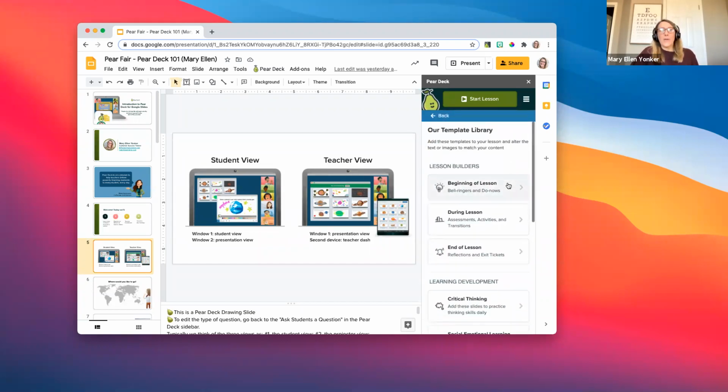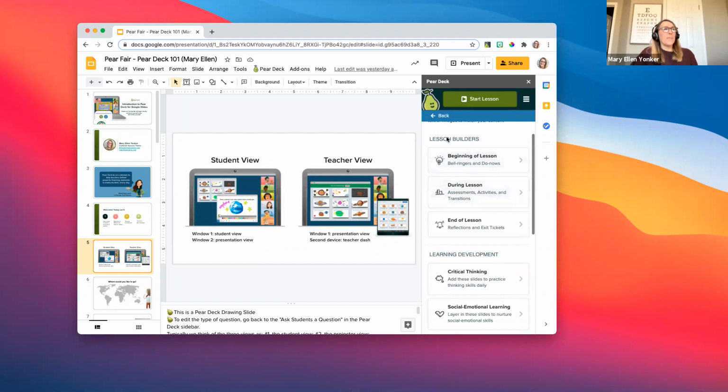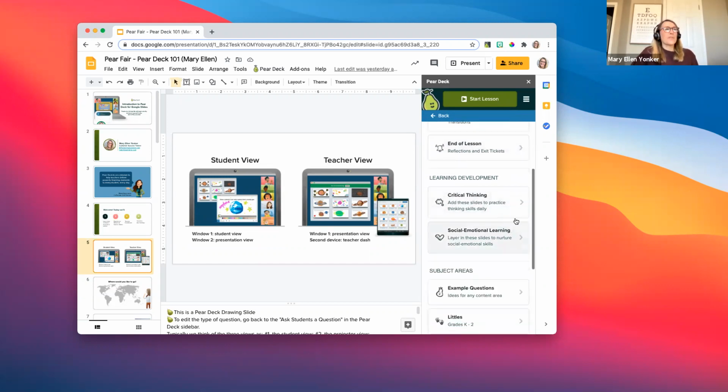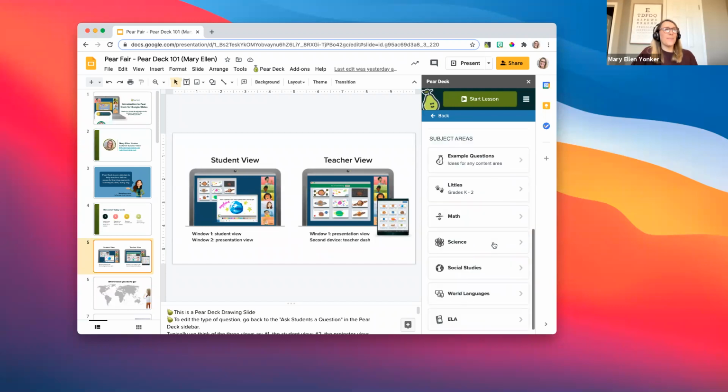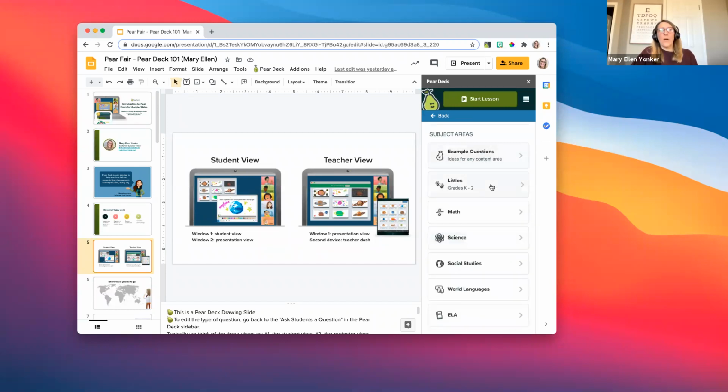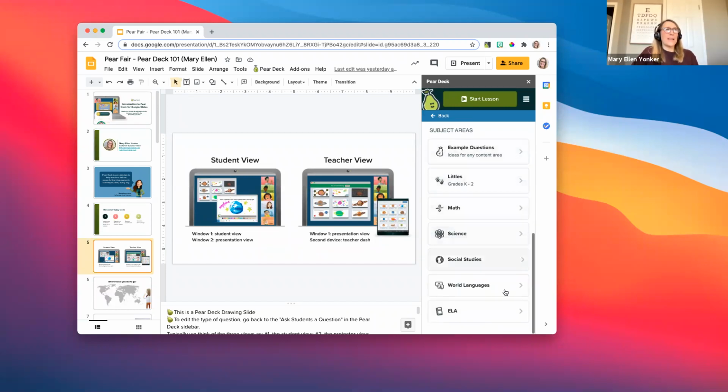We have different categories. Lesson builders contain templates for the beginning of lesson, during and end of lesson. There's a learning development section with critical thinking and social emotional learning slides. And then at the bottom are our subject areas.